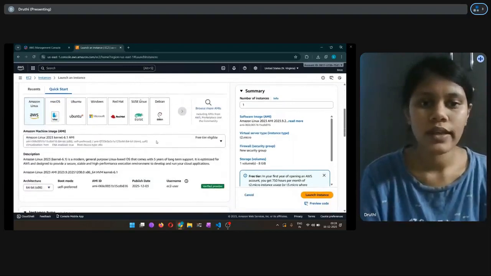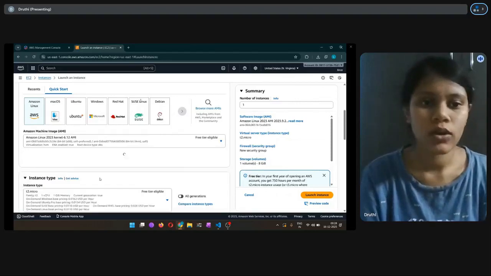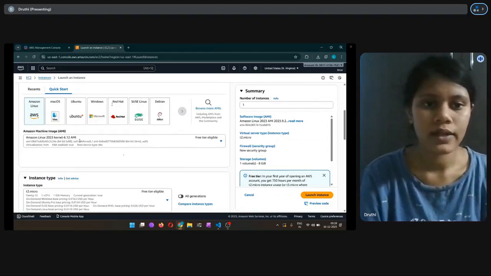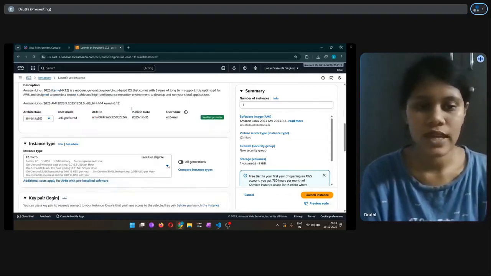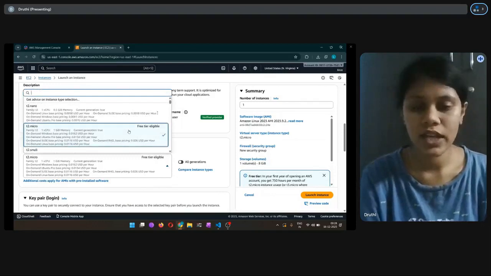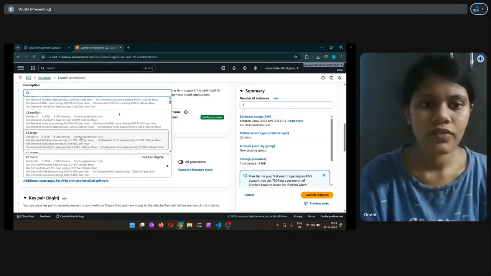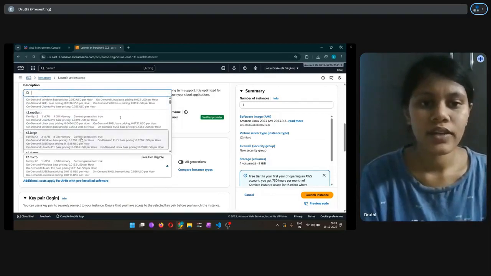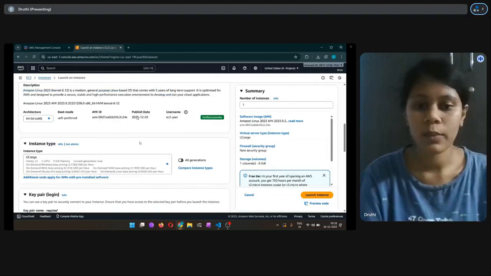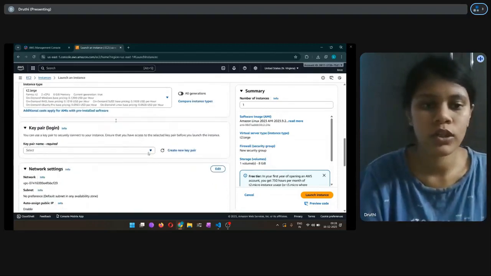From the console, we navigate to Amazon EC2, which allows us to create virtual servers on demand. Using EC2 eliminates the need for physical hardware and provides flexibility, scalability, and cost efficiency. We are selecting the second architecture here, and then later we are selecting good quality, maybe like T2 large, for the good quality.